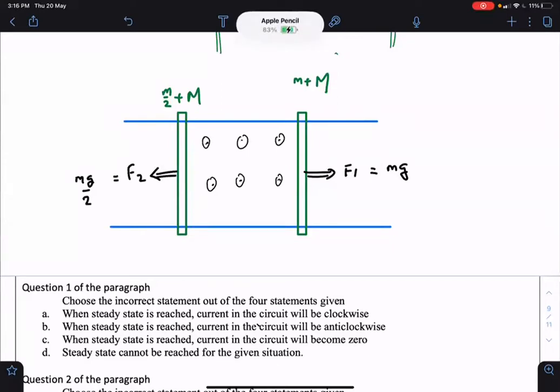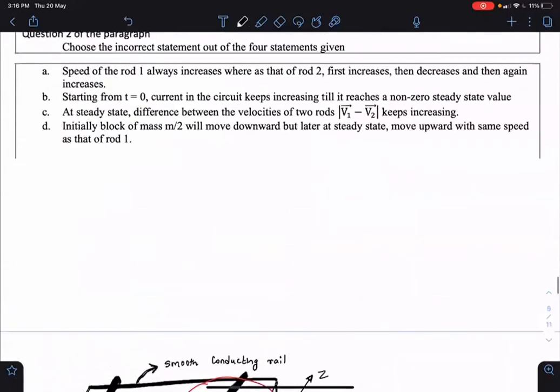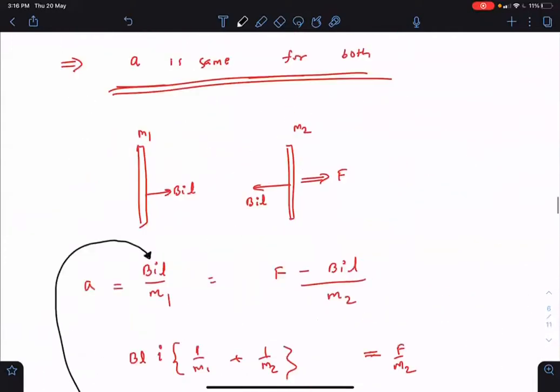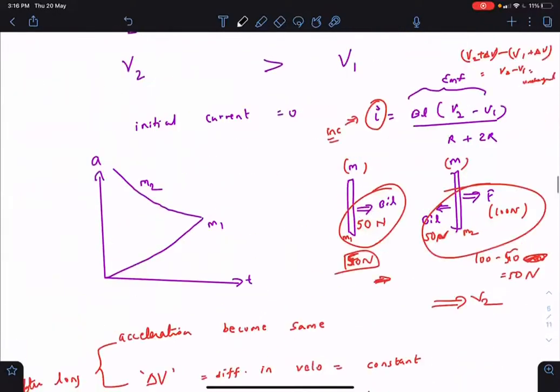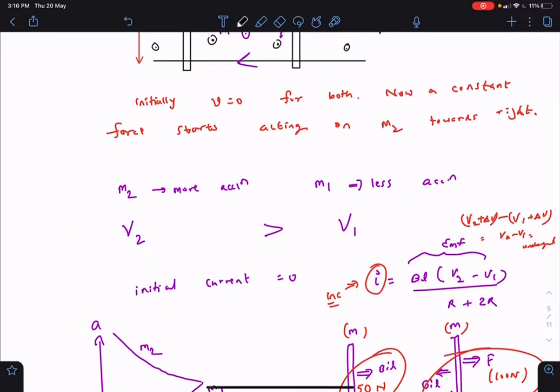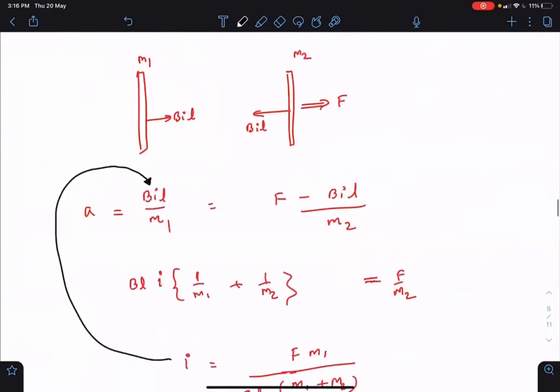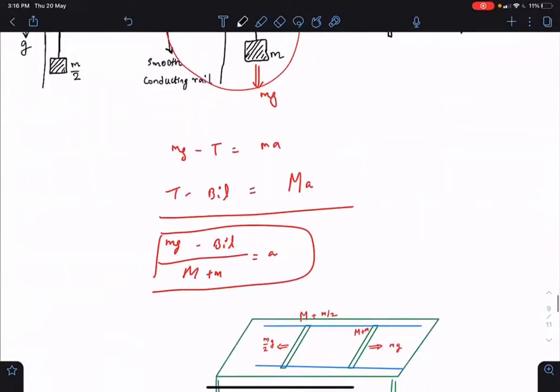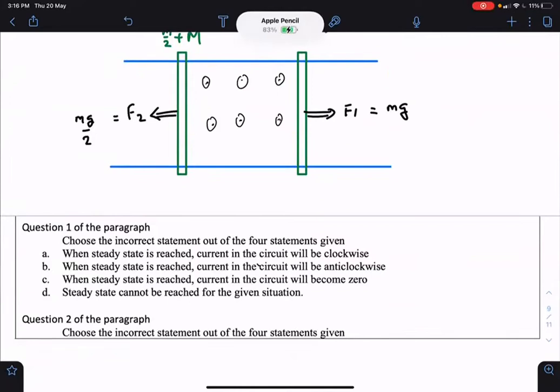Okay, so the net force on the system is towards the right. So ultimately, if you use the same logic that we discussed earlier, initially what will happen, finally what will happen, how the things will progress. If you analyze all those things, again you will get the same conclusion which Mr. Dayanand was saying, that acceleration will become constant and the same for both of them, a constant acceleration towards the right, and that you can find out.